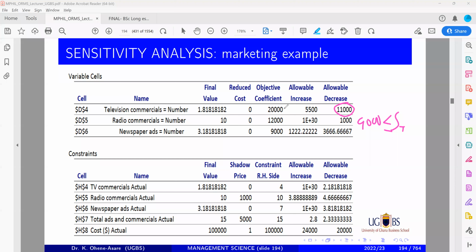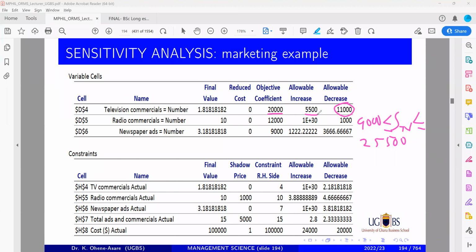Then the upper bound will be the 20,000 plus the 5,500, and that will be 25,500. So the sensitivity range for TV commercials is you want to be able to reach between 9,000 and 25,500